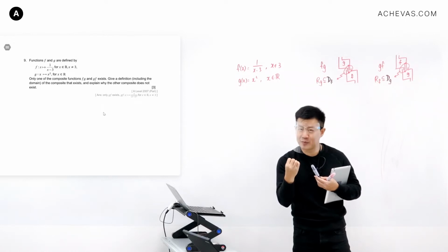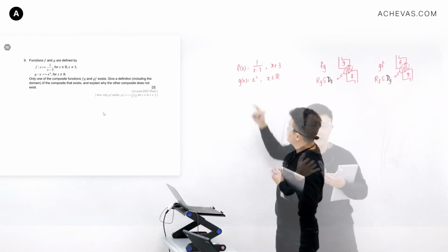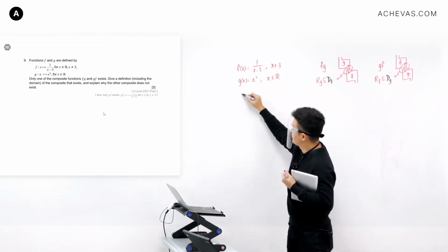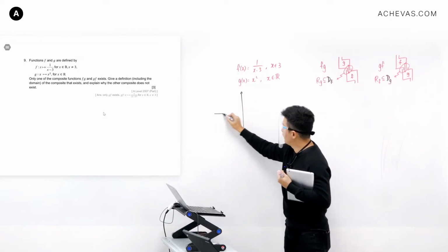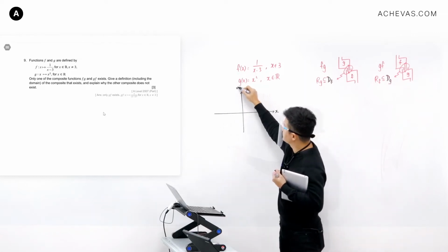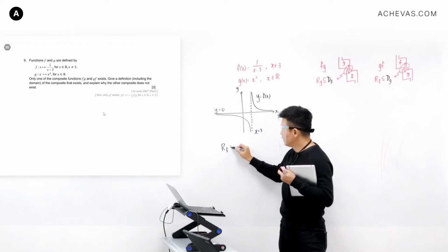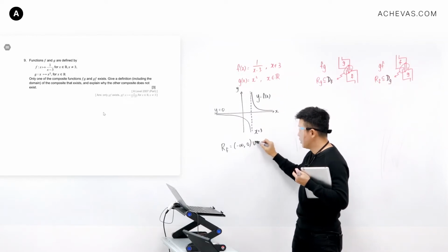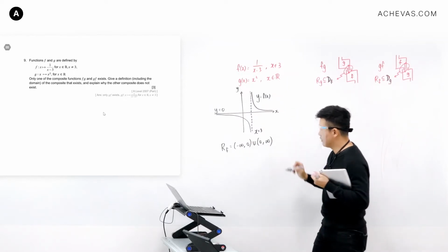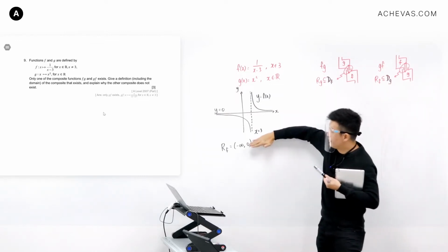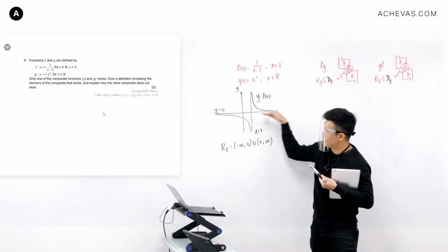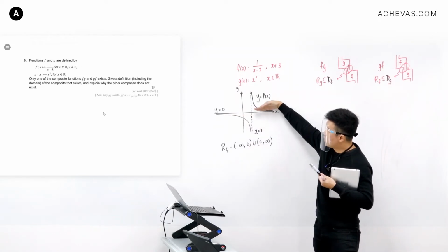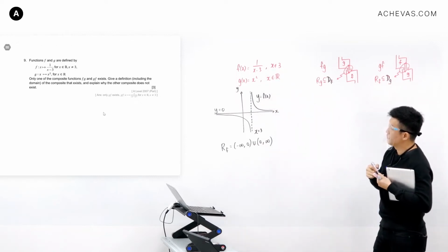So I'm going to use my best possible tool to analyze this. I'm going to draw a graph, so that I can deduce the range of f. On my calculator, I draw the graph and I'm going to sketch this into my solution. So what is the range of f? The range of f, looking at this, is from minus infinity to 0, but not inclusive of 0, or from 0 all the way until infinity. This is a horizontal asymptote and it has no value that is equal to 0. So I'm not including 0.